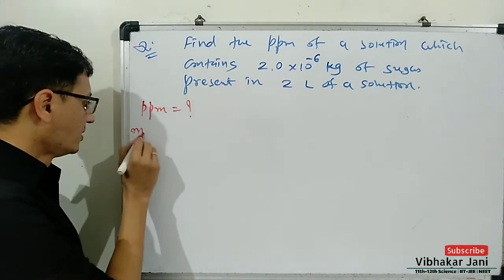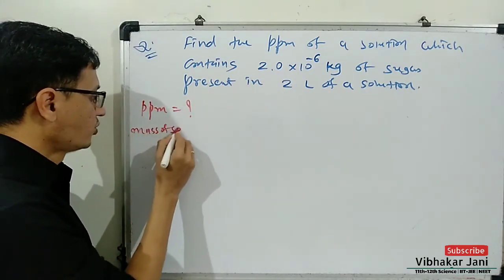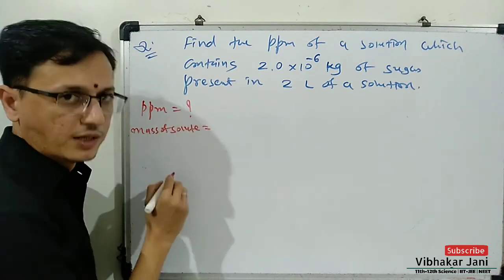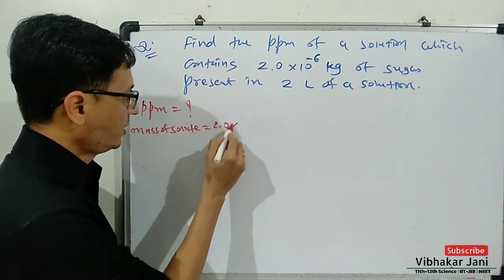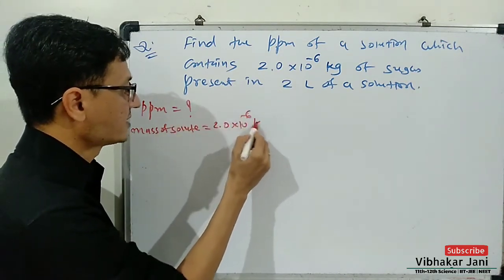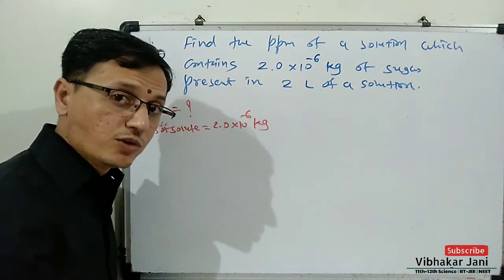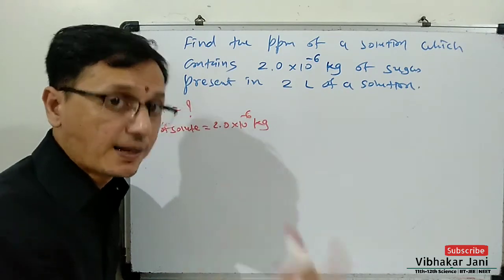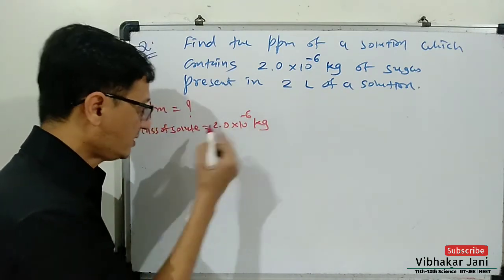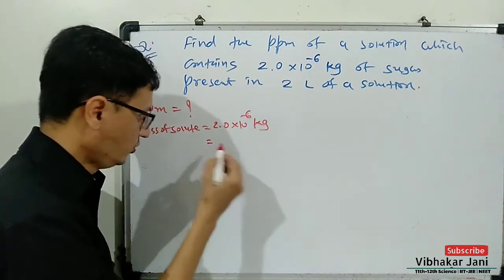So mass of solute is 2.0 into 10 to the power minus 6 kilogram, but we are going to use a formula in which mass will be in gram. So we have to convert this into gram,